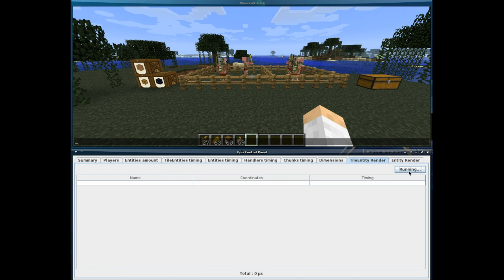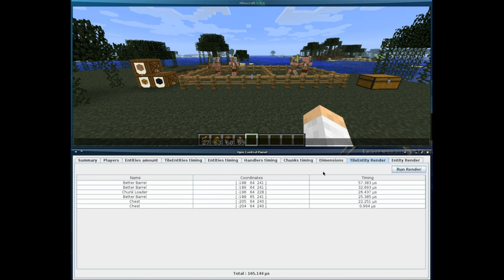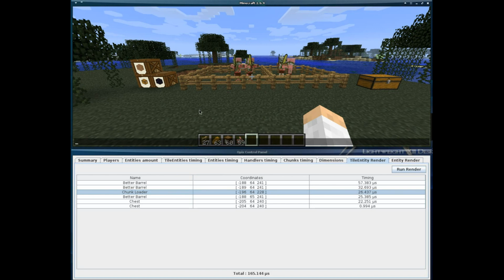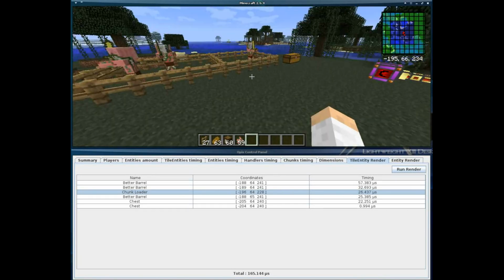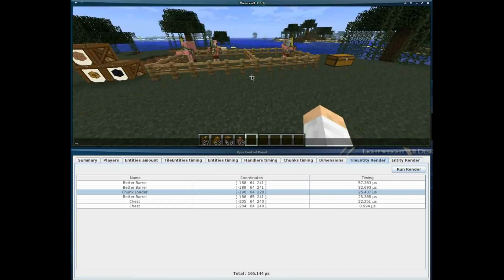It's going to take 5 to 10 seconds, and it's going to show you everything which is currently rendered by Minecraft. So we can see the 3 barrels here. We can see the chest here. And we can see the chunk loader, which is funny Minecraft stuff. The chunk loader is behind me, but it still takes time to render. Don't ask me why. So you can see the amount of time taken for each,